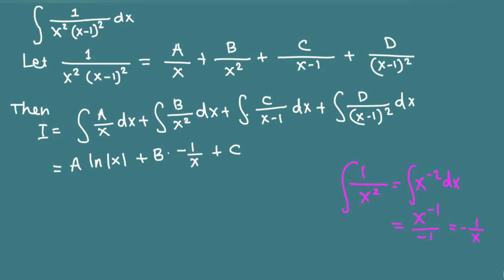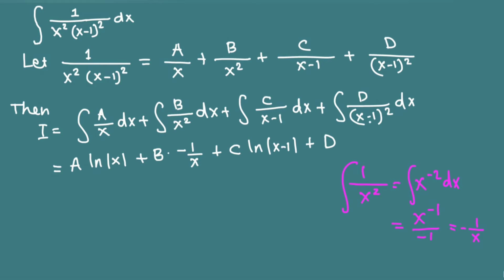the integral of 1 over x minus 1. The derivative of x minus 1 is 1, so the integral of 1 over x minus 1 is natural log of absolute x minus 1, because the derivative of x minus 1 is just 1. Plus d outside, 1 over x minus 1 quantity square. Taking x minus 1 square to the top, it becomes x minus 1 raised to negative 2. It's like this now, and when we integrate, we get the exact same thing,